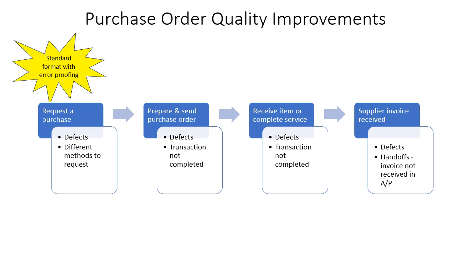The reason is it's not always clear when to use a purchase order, and it's not always clear what information purchasing needs, especially if it's a new supplier or a new item or a new service. In the purchasing step, possible error proofing